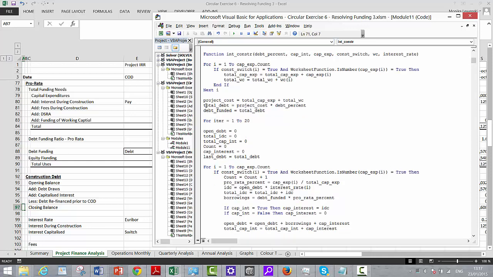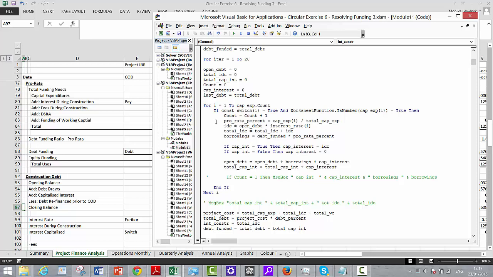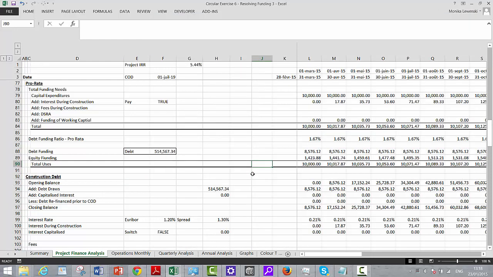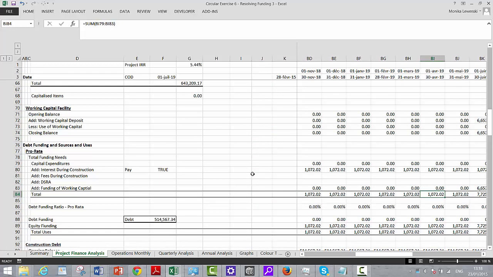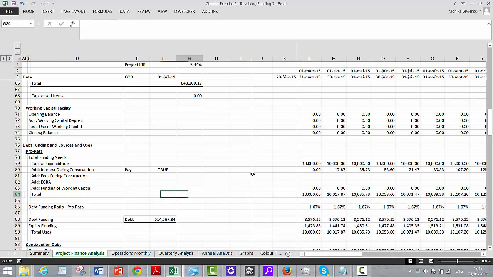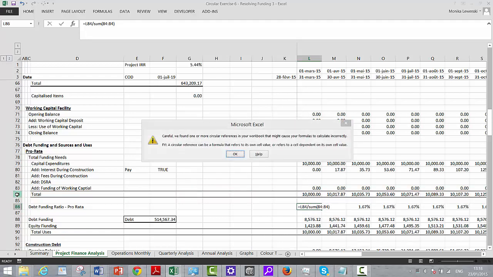And I put the same little test down here, and we have just a little routine that does all the non-circular things first, computes the initial values. We have to set some values to 0, and then we work through exactly the same calculations that are in the model. That's the whole trick for this. We have a pro rata percent as the capex divided by the total capex, and that's what we'll work on right now. That's why I set it back to the interest during construction as being paid. So if we want to change our pro rata percent, we'd take this number divided by the sum of this number,